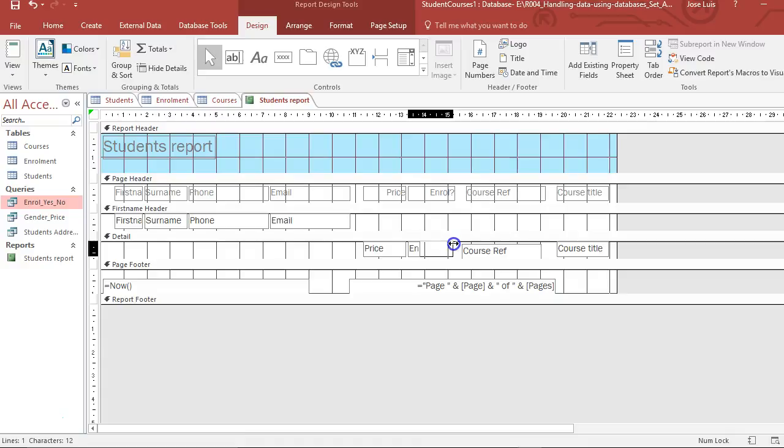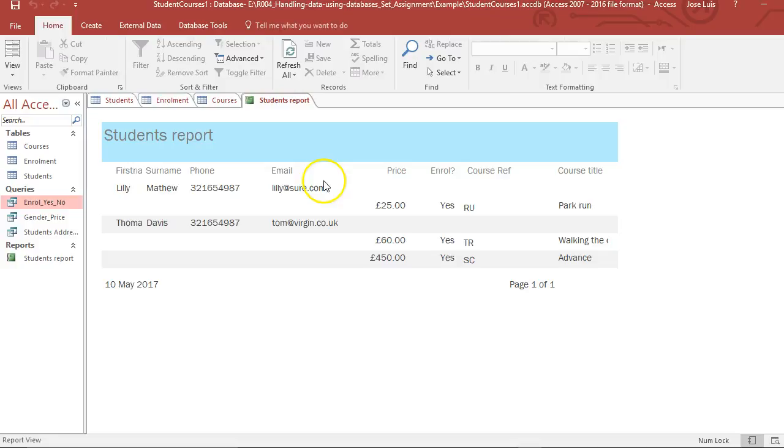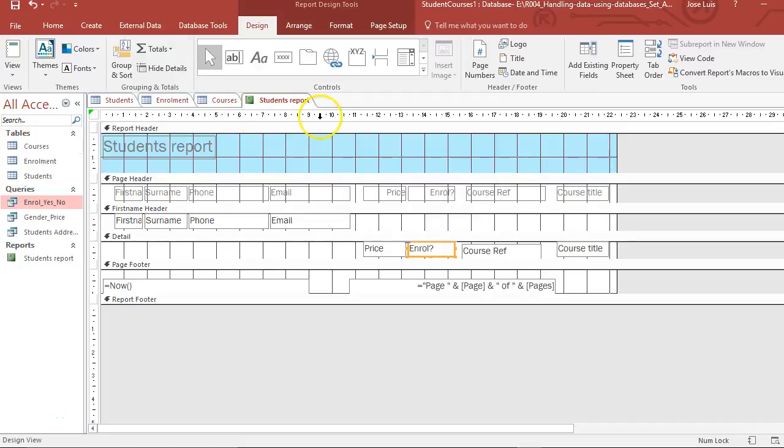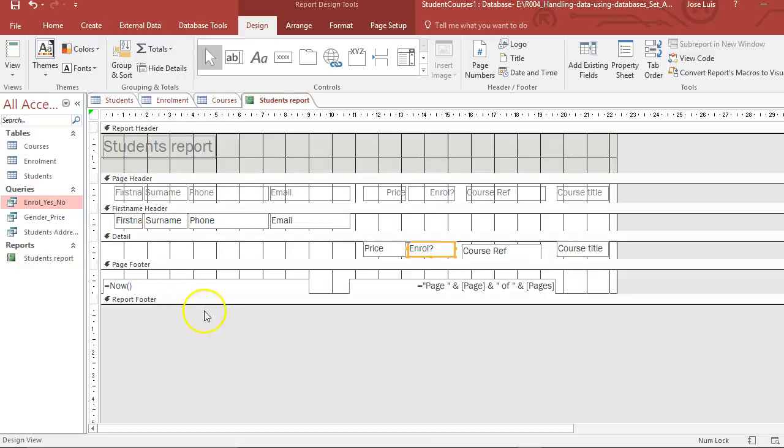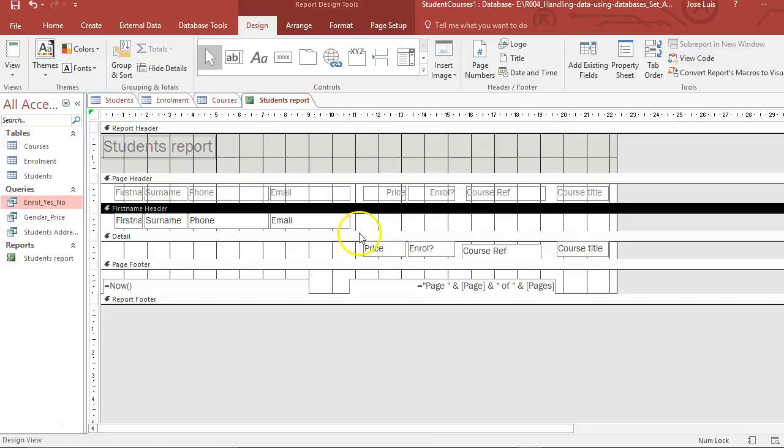So let's see how it looks now. Okay, so yes, no, are you? So it looks slightly better. Here is not entirely aligned, and so is the course title. So another thing I can do as well in here is to make it slightly nicer, to follow certain colors. So I'm going to do that. What color am I going to do? I'm going to use this red orange, and this red orange will be my house style, as it were,